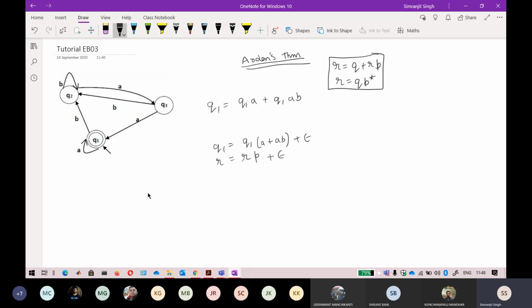Now if you see Q1, I just write the state as it is. Because this is a starting state, as you see the arrow here, I can write epsilon here. After that it is Q1A, then it is followed by, okay, if there is any mistake just tell me, I think it is Q3A. I think someone has got the solution. Just let me see.